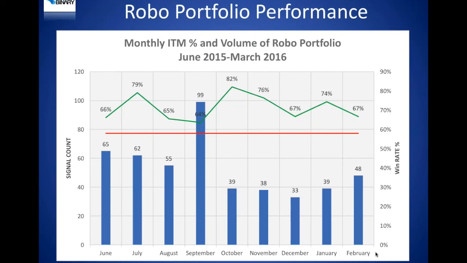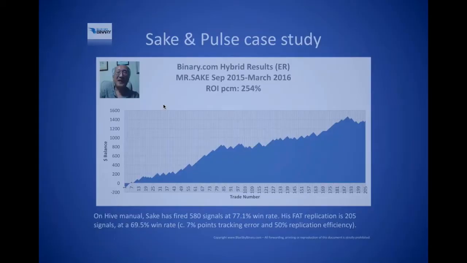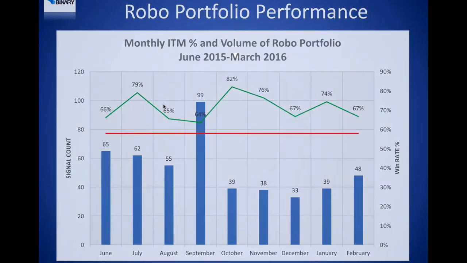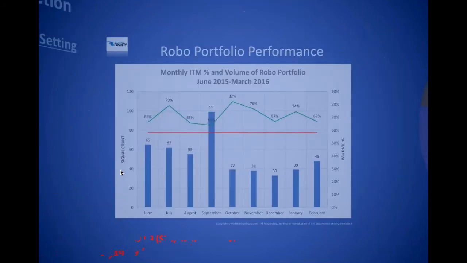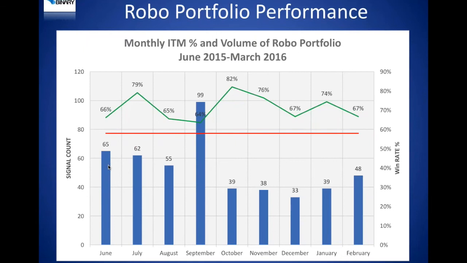This is basically end of February, so this includes the entire February. I told you that in this robotic portfolio composition, you are getting around 50 signals a month, if you recall, based on the portfolio and volume construction process, right? So this matches very well also the real world results over the last 9 to 10 months since Hive is